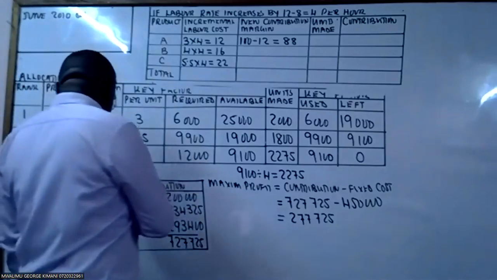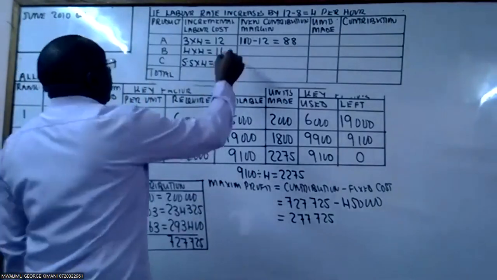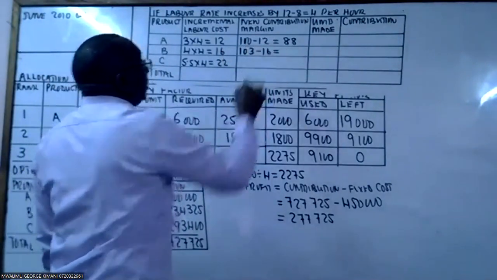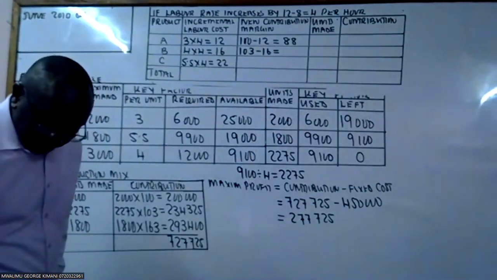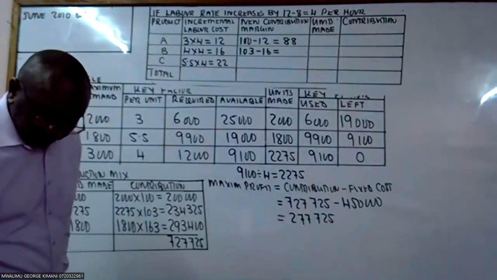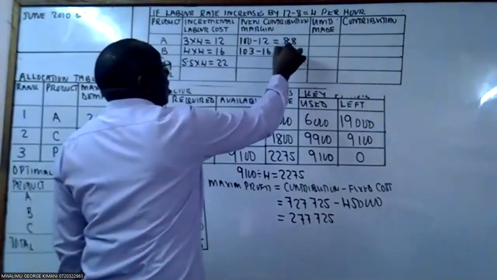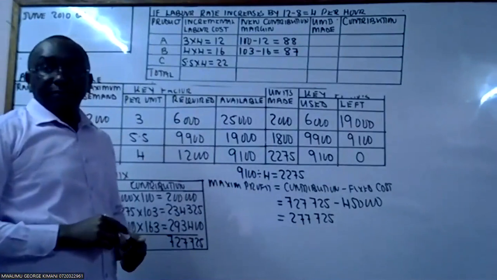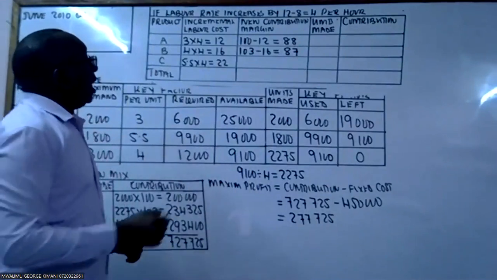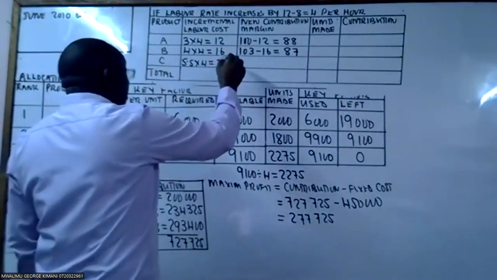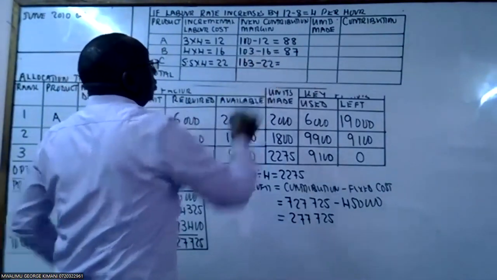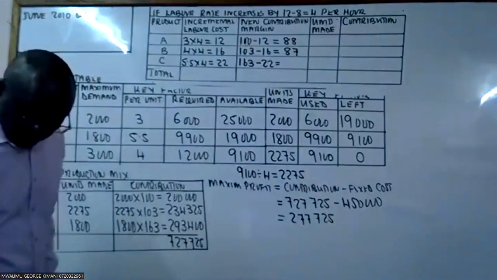Haya, hapa, for product B, it had 103. Now, labor cost imeongezeka by 16. So 103, you less 16. Napata that trader now will have to contend with the 87 shillings. Haya. Here C, we had 163. Imepanda by 22. So 163 minus 22,